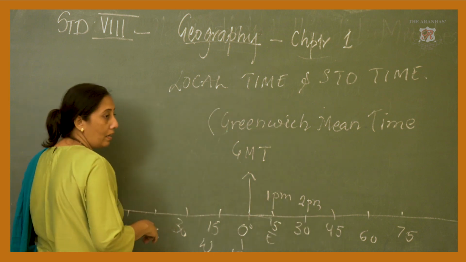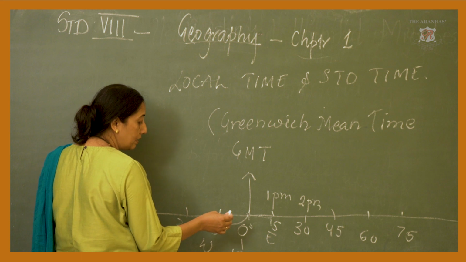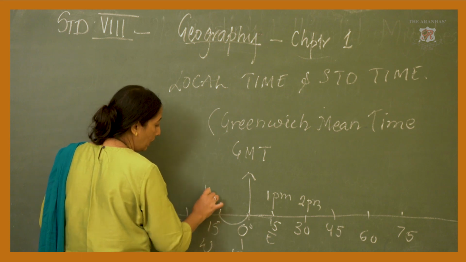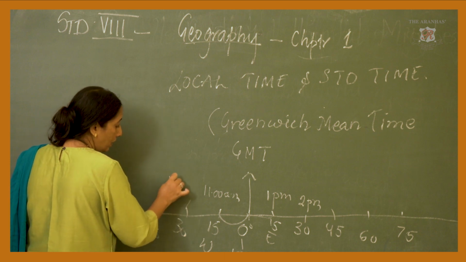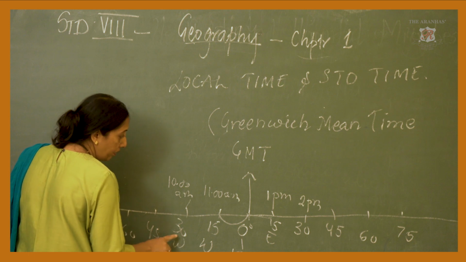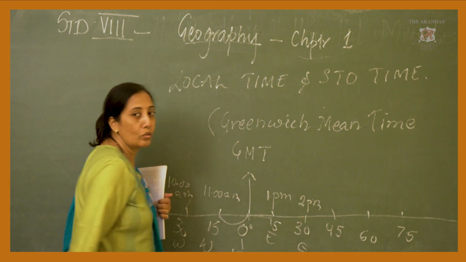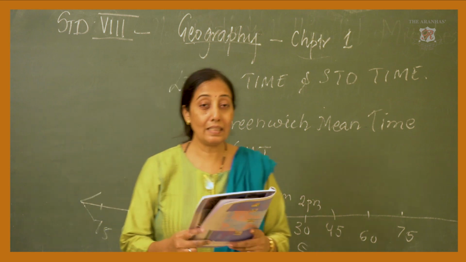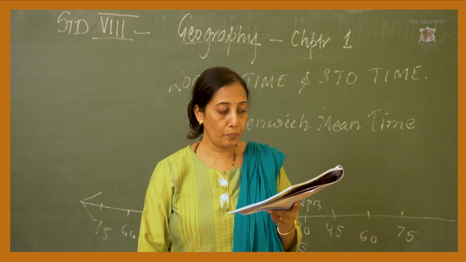Now since these people are behind, if it is 12 here, you calculate this to be 1 hour, then 60 minutes, then this is going to be 11 a.m. This is going to be 10 a.m. So if it is 30 degree west, it is 10 o'clock. If it is 30 degree east, it is 2 p.m. That's how we calculated the time in the last class that I have taught you.